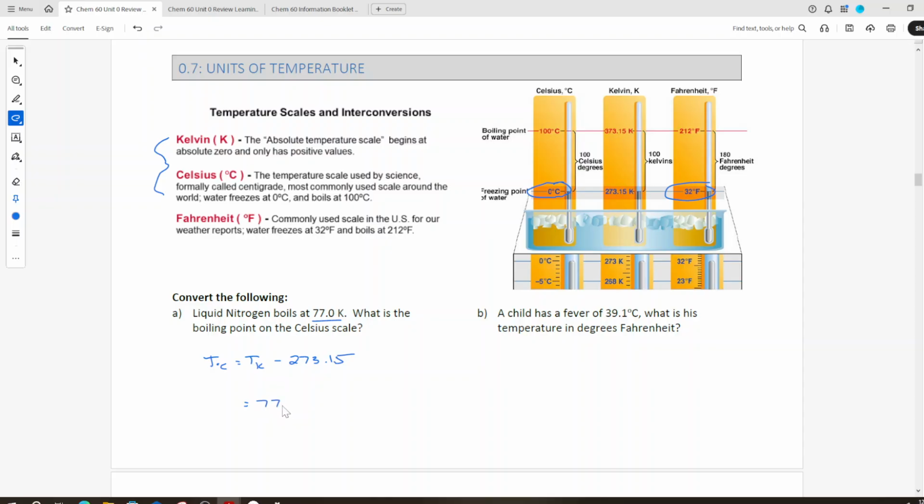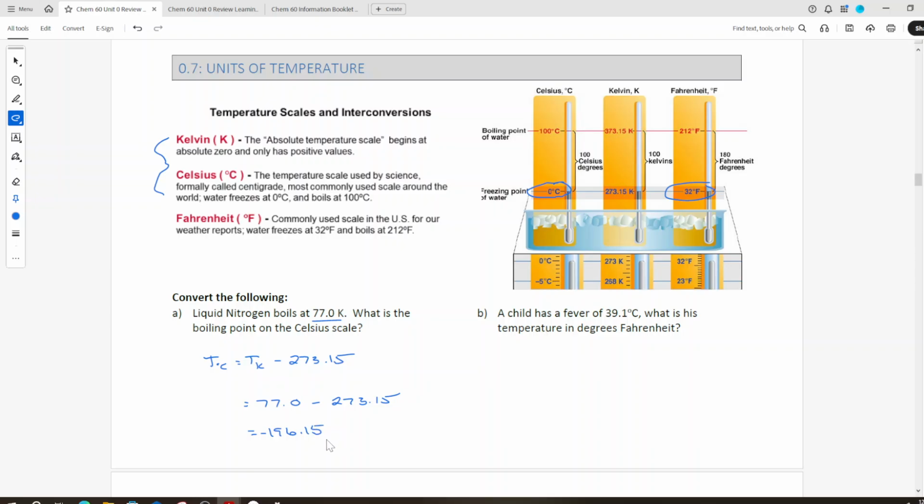I'm going to plug in 77.0 minus 273.15, and I end up with negative